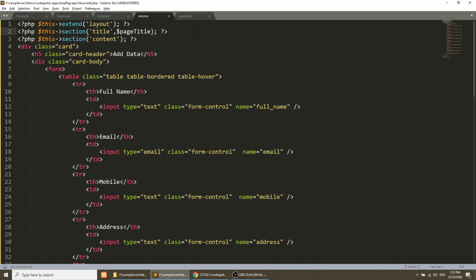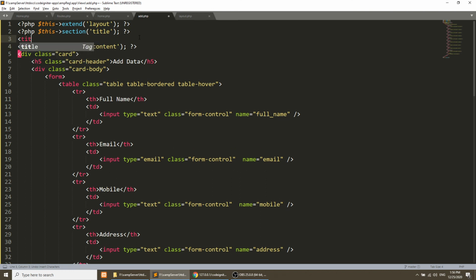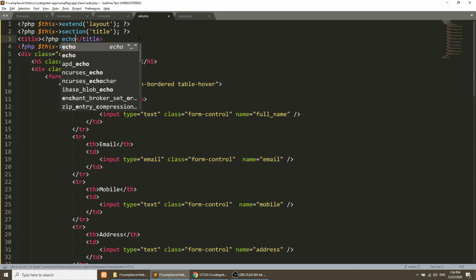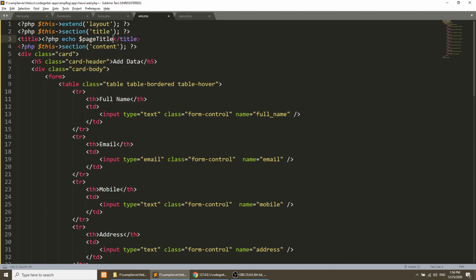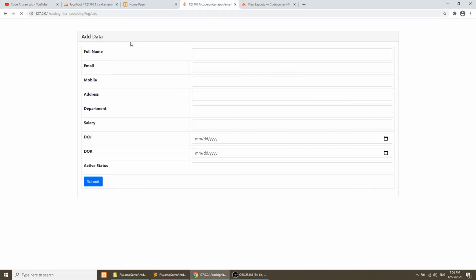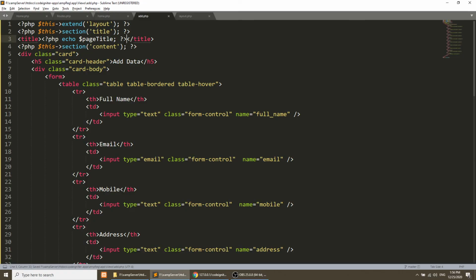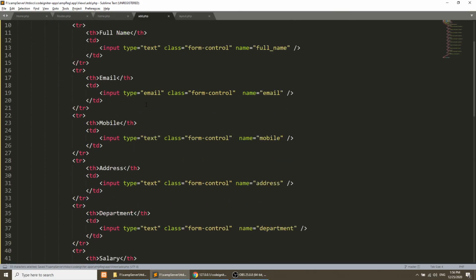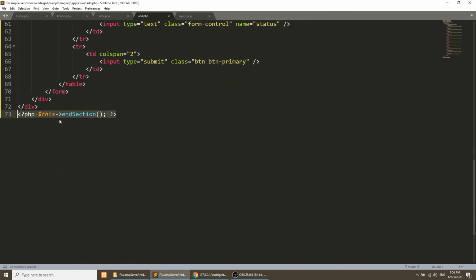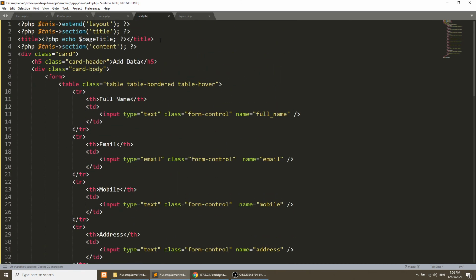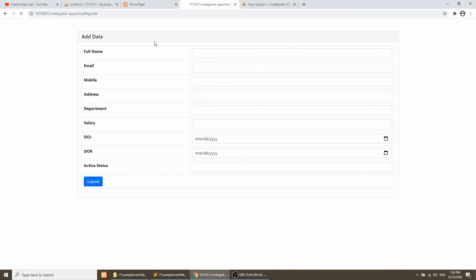So here we will add section title, and in this we will define echo dollar page title. Refresh this. So this is title, and we also need to define the add content section.